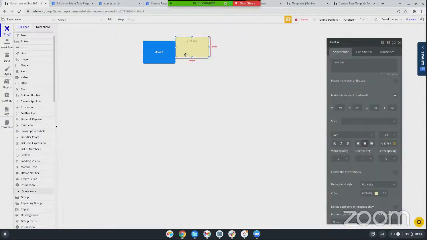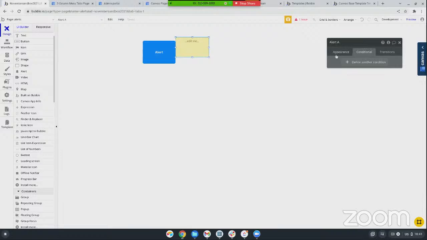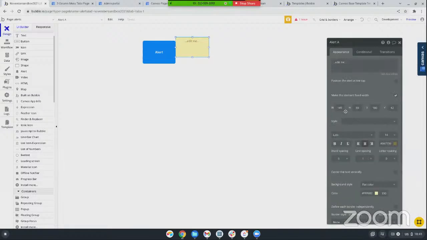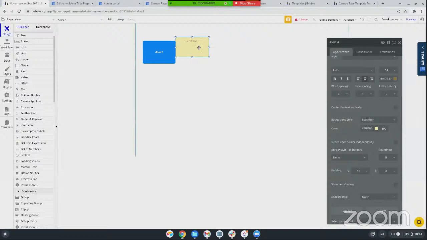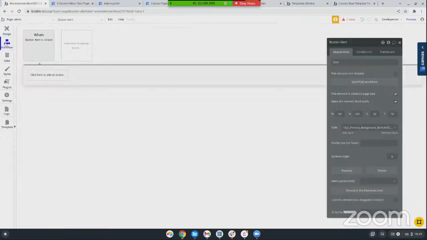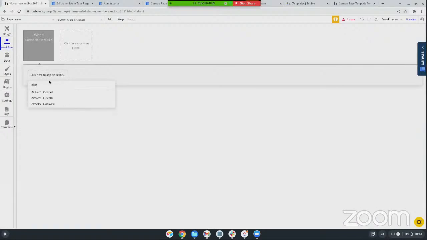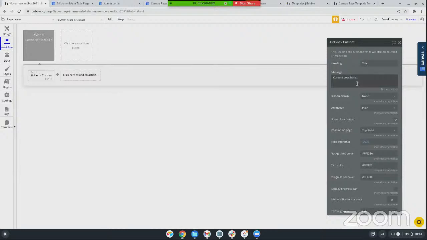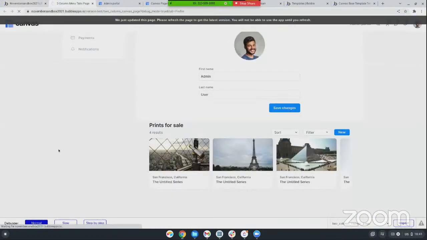Yeah, I might switch to Air Alert. It's free and very customizable, you might be able to delay it here, but I've actually never used it. If I click this button, then I can do an Air Alert and choose custom or standard. Standard's pretty good, but custom lets you change a lot of things. This one will stay for 5 seconds. I could make it 10 seconds instead, or 30 seconds, however I want. And then if I preview this page,